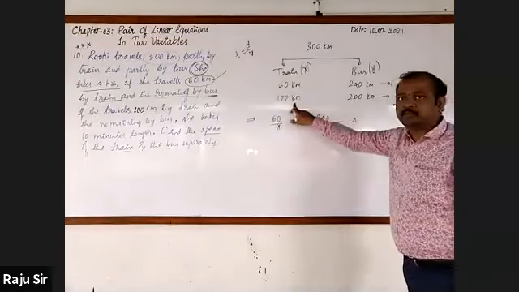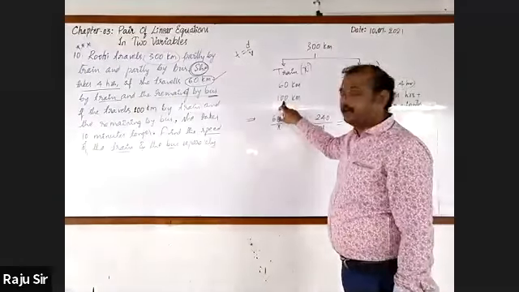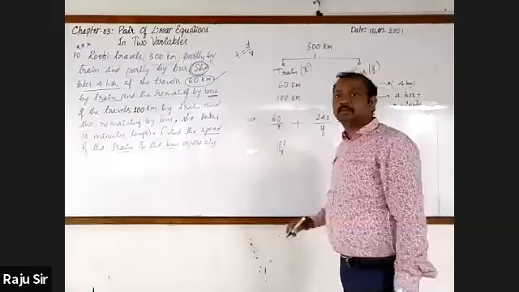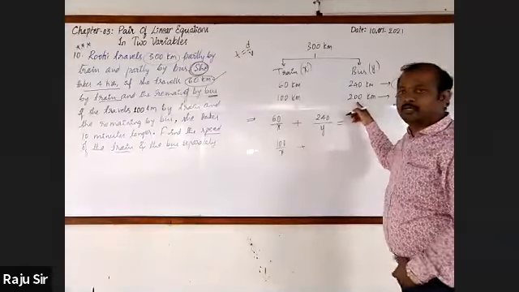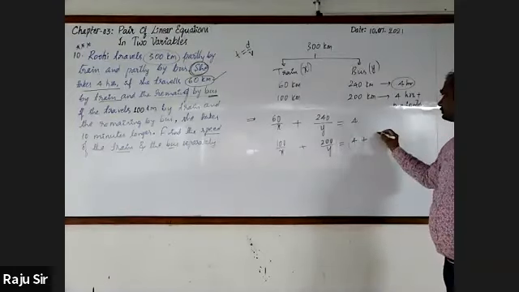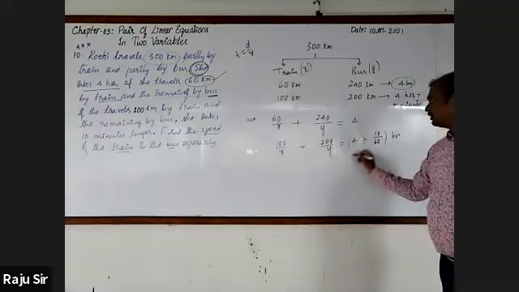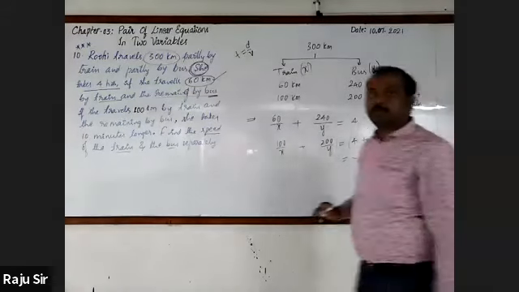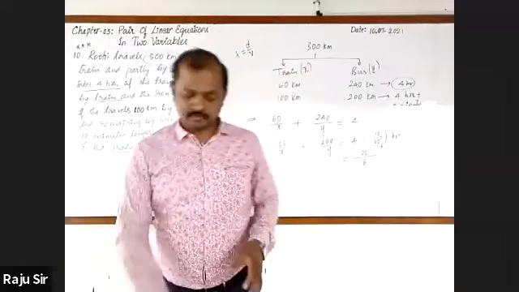Now, second situation. Time taken to cover 100 kilometer by train. It is 100 by x. Then time taken to cover 200 kilometer. It is 200 by y all together plus 10 minutes. Units are different. Convert 10 minutes into hour. 10 by 60 hours, that is 1/6. It will be 6 times 4 is 24, plus 1, 25. 25 by 6 hours. Got it?